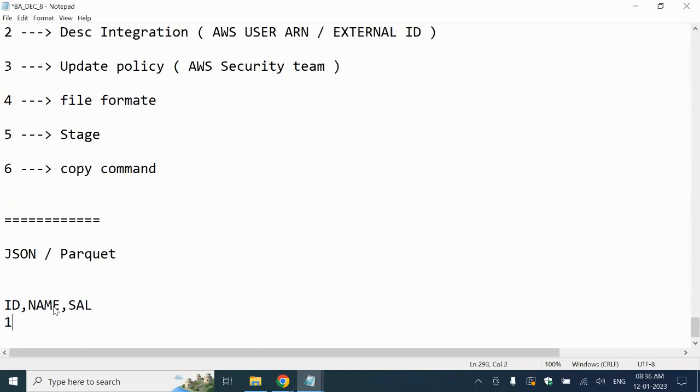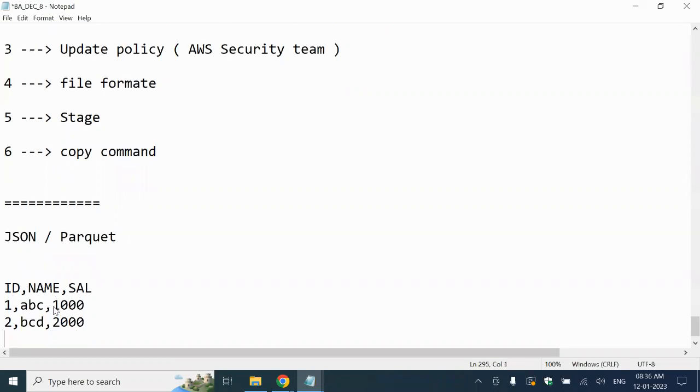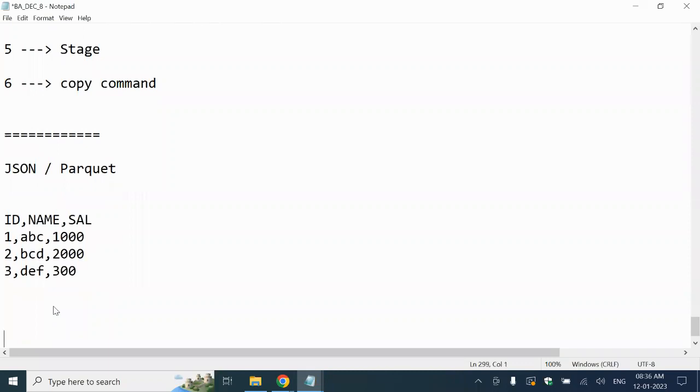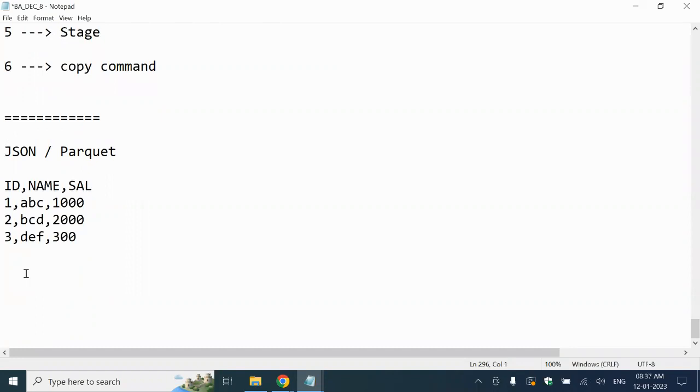We have ID 1, name ABC, and salary 1000. ID 2, name BCD, and salary 2000. And then 3, and then we have 3000. This is your data. This is our normal table structure. If you wanted to see this in a nested form, how it looks like is, if you come to this,